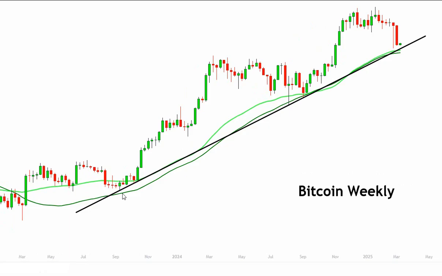Here's the 50 simple moving average. Here's the EMA. We were just above the 50 simple moving average, and that began this trend line, and then we hit it right here. Look at this. We came back just below, and it seems to get traction off of this 50-week moving average, the EMA, the SMA. I'm putting both in here because some people look at EMAs, some people look at SMAs, and I wanted you to see that we're at both of those levels.